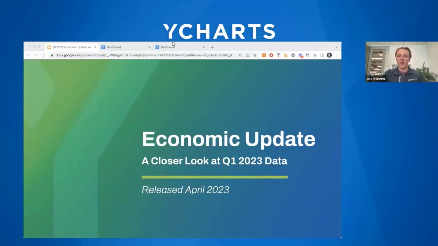Hello, everyone, and welcome to this quarter's YCharts Economic Update, where we're covering Q1 2023 data. As we do every quarter, today we're reviewing our latest economic deck with visuals and data that summarizes what happened in Q1 of 2023. Our hope is that this data can help you navigate whatever is in store for the back 9 months